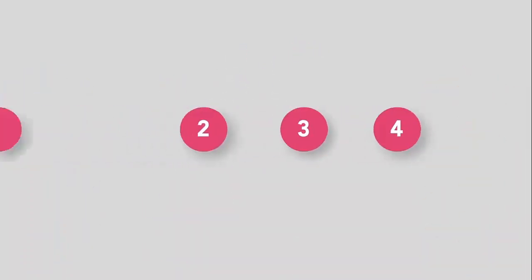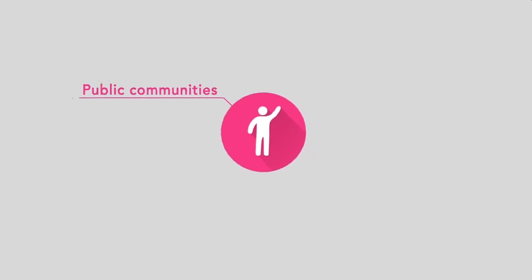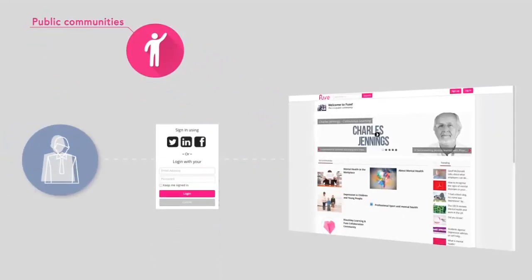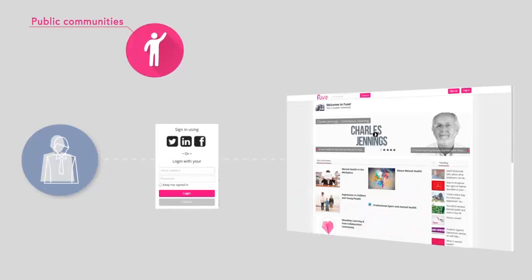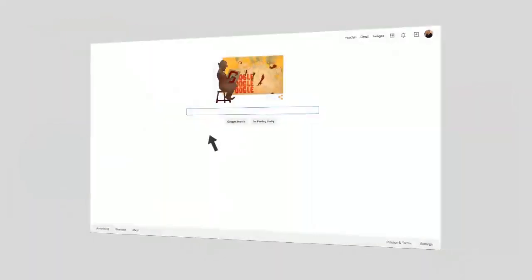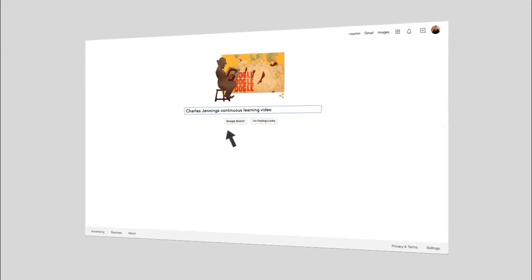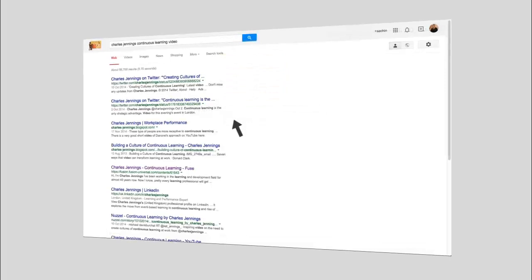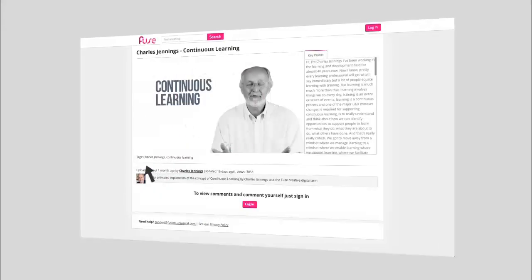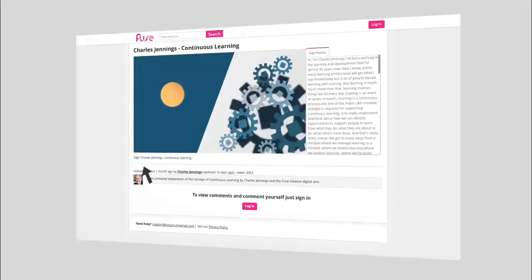To support this vision, therefore, there's probably 3-4 aspects of the technology that's evolved. One is the creation of public communities. So public communities is something that can be turned on in the background that allows all content within that public community to be accessed via a non-login. So you could do a search on Google, for example, for one of our public access videos, the Charles Jennings continuous learning video, and actually Google would find it, and you could run and play that from that public community. So that's the first part to it, the advent of public communities.